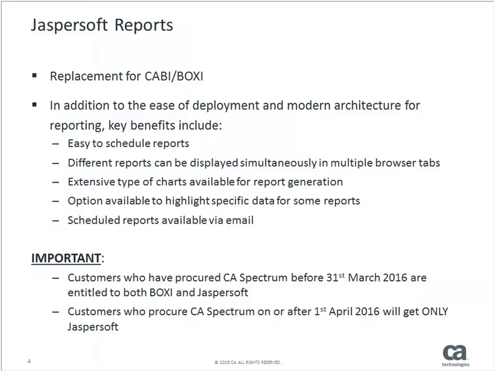So essentially, we are still calling it CABI, by the way. CABI is CA Business Intelligence, which is a wrapper on the underlying reporting platform. Now, what we are doing at this point in time is we are shipping the newer version of CABI with Jaspersoft embedded into it. As part of the solution, one of the things that we are looking at is how will we deliver ease of use, a lot of additional capability that we were not able to provide with Boxy. As some of you might know, Jasper is the newer reporting platform out there, a lot slicker, with a lot more capabilities than what we have today with Boxy.